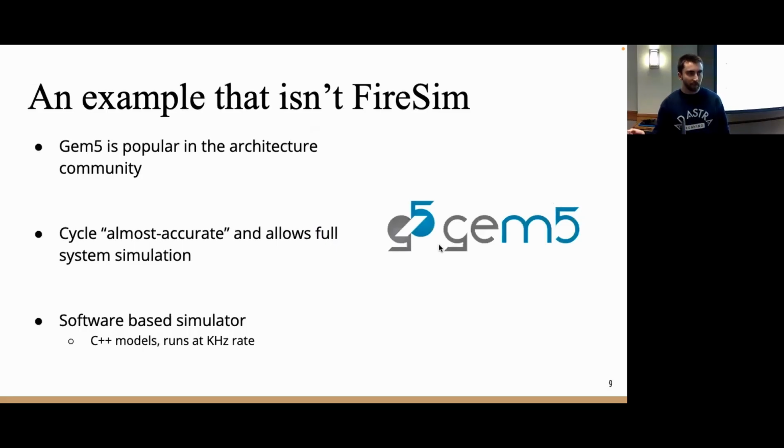So quickly, an example that isn't FireSim, so we can have a reference point for why you would want to use FireSim. gem5 is another popular simulator in the architecture community. It's known as cycle almost accurate in the sense that it's basically cycle accurate, but it's not real hardware, so it's not going to be exactly the same as if you actually designed and taped out the chip. But it does allow for full system simulation, so you get very high fidelity. The big downside to it is it's a software-based simulator, so you get C++ models. Everyone knows C++, it's easy to use, but it runs at a rate of kilohertz,